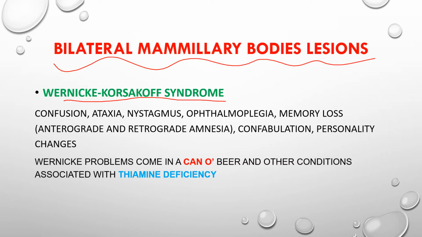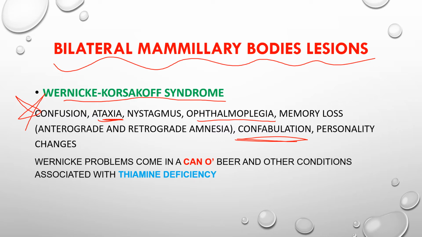and personality changes. Ataxia means the disorder that affects the coordination and balance of the patient, whereas ophthalmoplegia is the paralysis or weakness of the eye muscles, and confabulation refers to the production or creation of false memory. So this is actually also known as true lying or honest lying of the patient. Please remember these key points related to Wernicke-Korsakoff syndrome, that it leads to confusion, ataxia, nystagmus, ophthalmoplegia, memory loss,